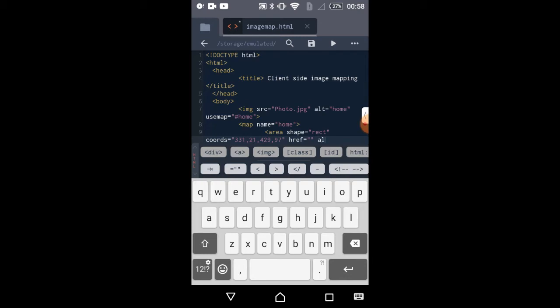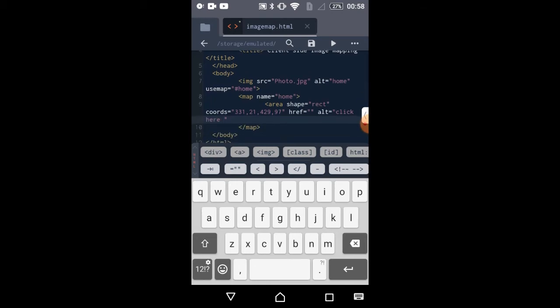So write alt is equals to, and I'm just giving here click here. You can even give the name of the website which you are linking to here. After that just close this bracket. Area is an empty tag, so remove this closing tag. So we are done with our first shape.